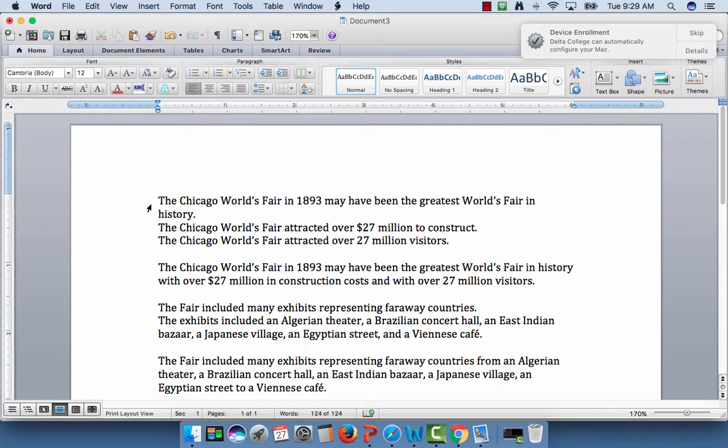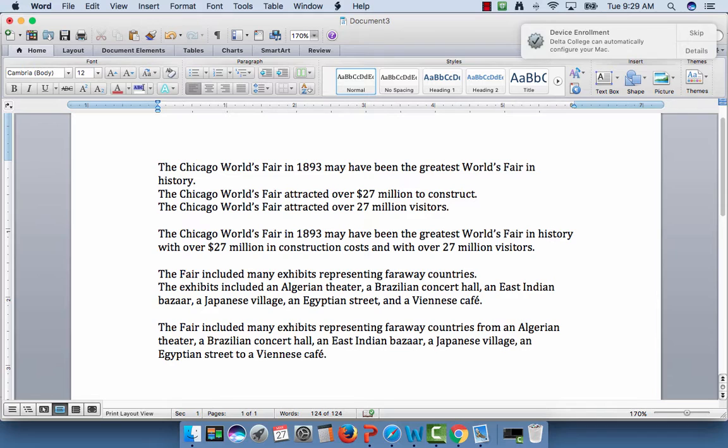The three sentences were: the Chicago World's Fair in 1893 may have been the greatest world fair in history. If you noticed, already you've got "in 1893," that's a prepositional phrase, and the sentence already has "in history," which is a prep phrase. But it wants you to take these two sentences and turn them into prepositional phrases if you can, or infinitive. I've done a prepositional phrase with: the Chicago World's Fair may have been the greatest world fair in history,